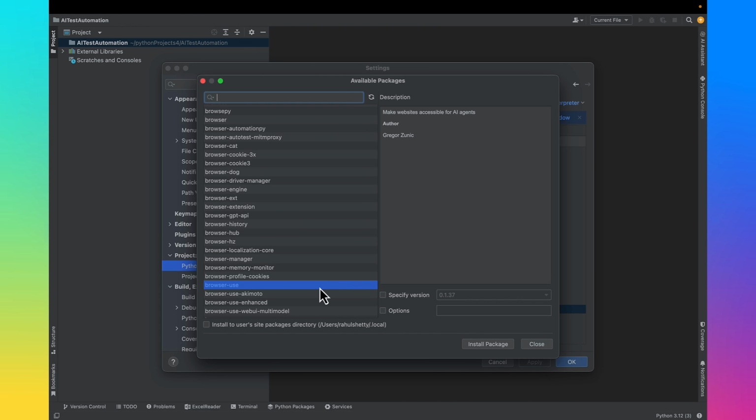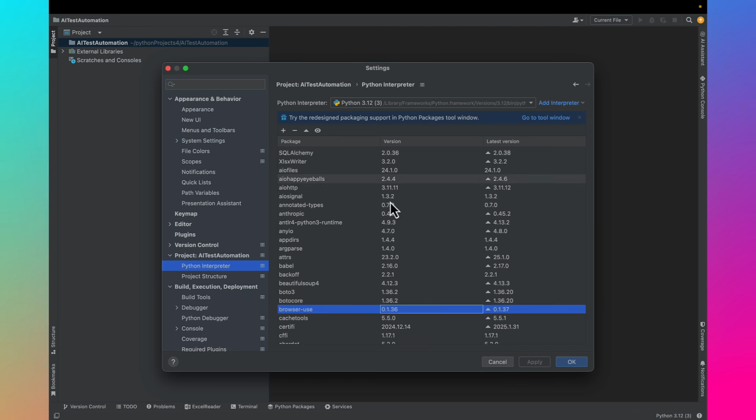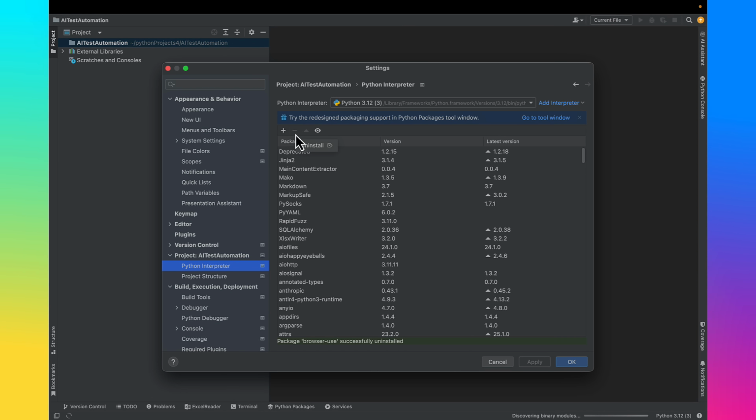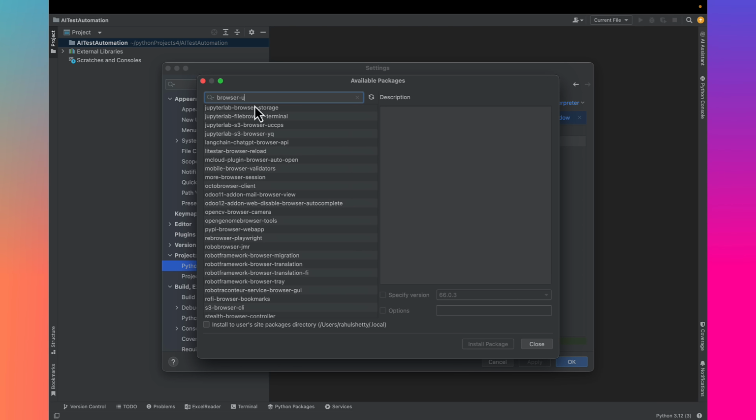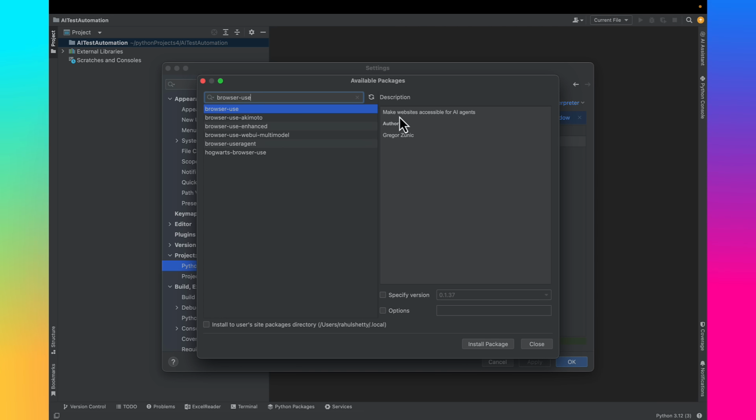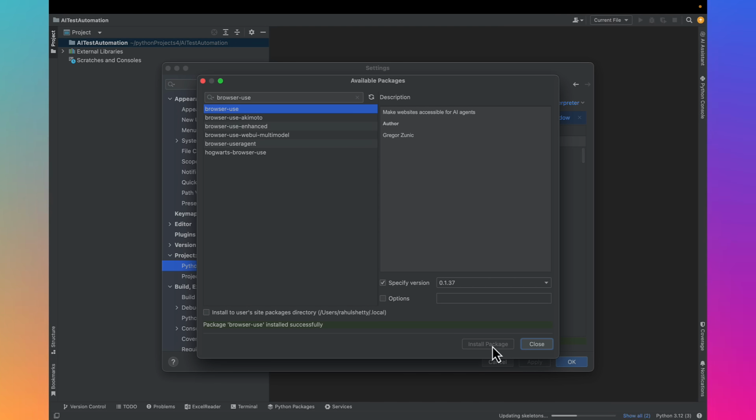So this is must. So you can simply install it. Let me remove it and install. I'll uninstall it. Okay, so installing the package is very easy. Come to the project, Python interpreter, click on the plus icon, and here you can search for browser use. Yeah, make websites accessible for the AI agents. Perfect. So go ahead and install whatever the latest version is available, and it will just take 1-2 seconds to